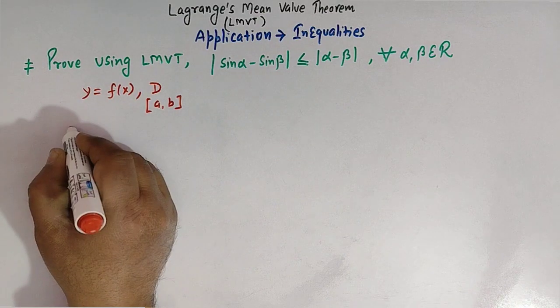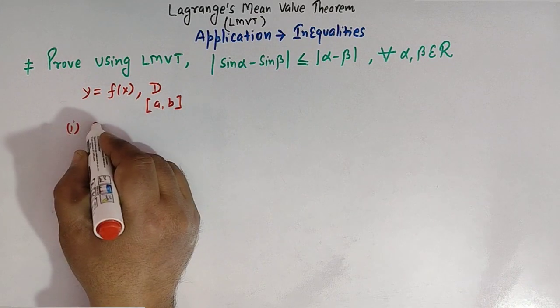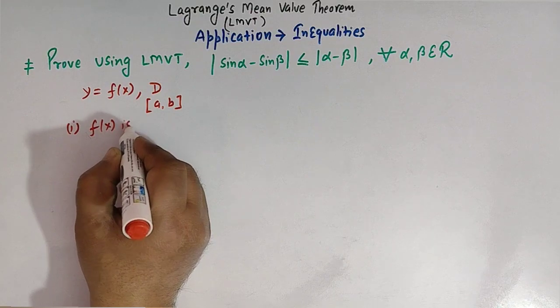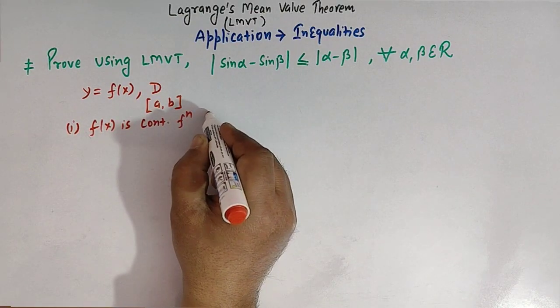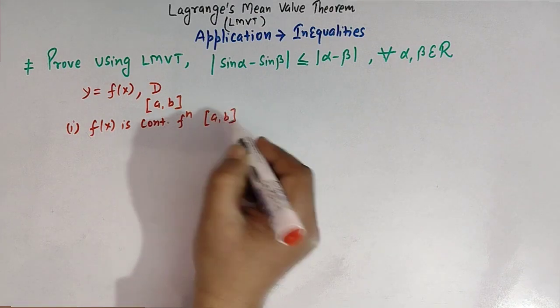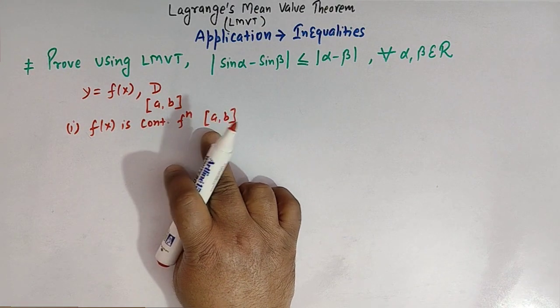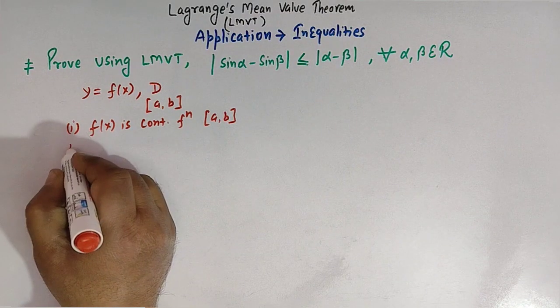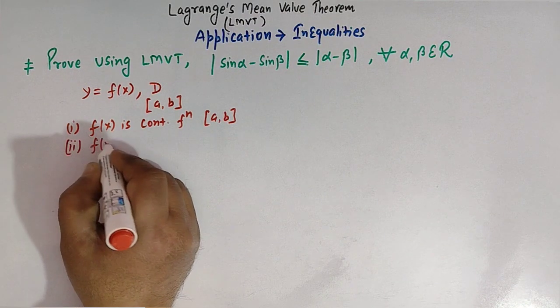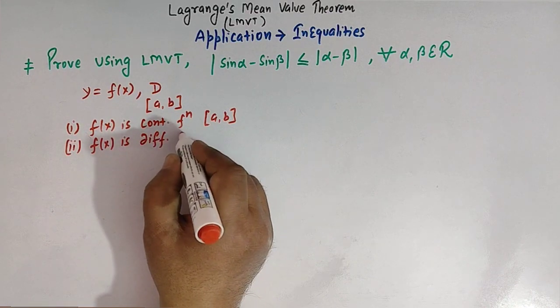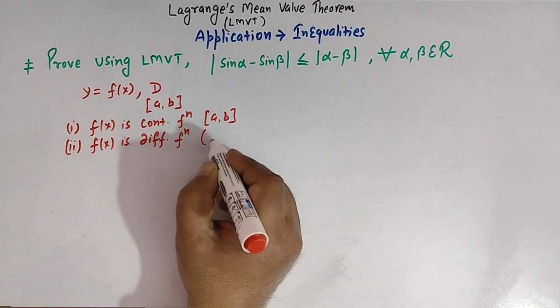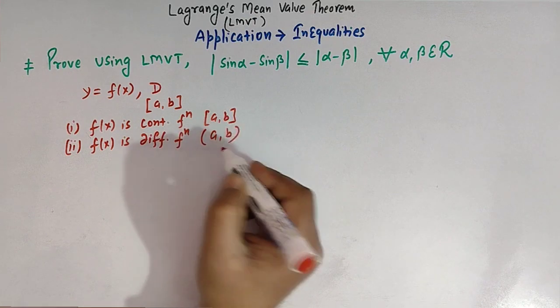Then if we have the conditions that f of x is a continuous function in the closed interval a comma b, right? And if f of x is a differentiable function, or it is derivable, in the open interval a comma b,